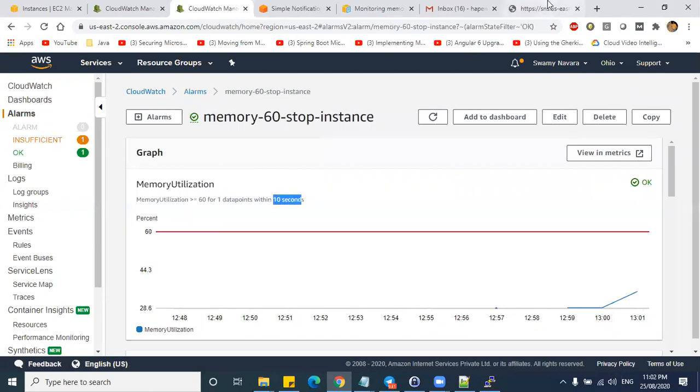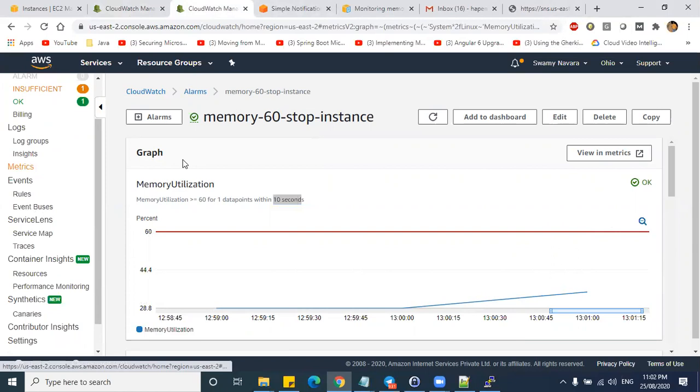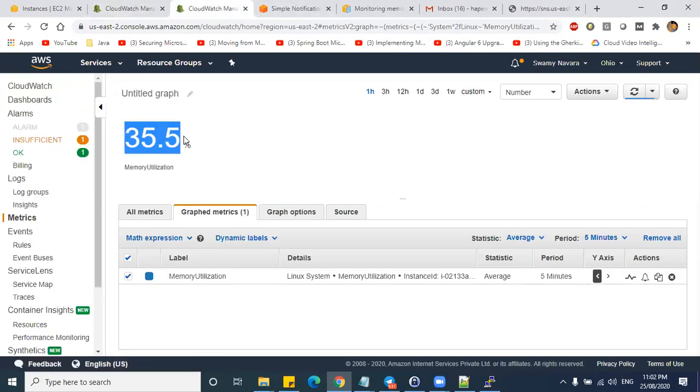But initially when we executed, it was only for 10 seconds. Now let us wait for a few more minutes till it reaches this threshold. So the current utilization is 35%. Let us leave this utilization as it is. When it reaches 60%, we should get the notification for the SNS topic which we have created.